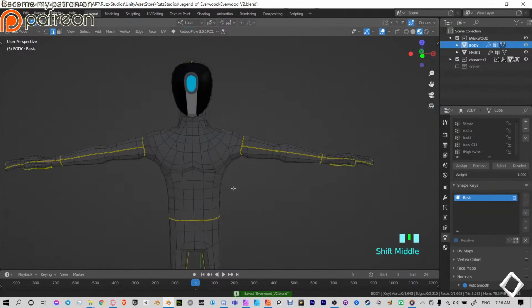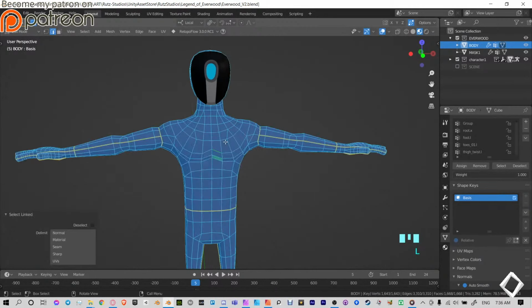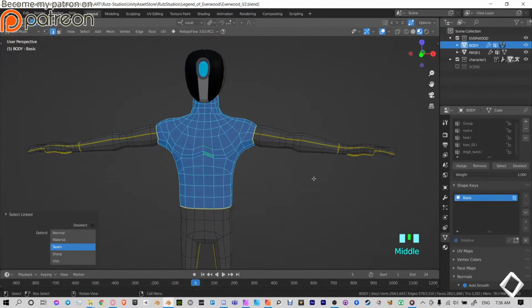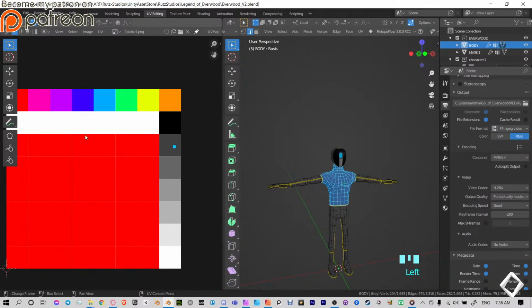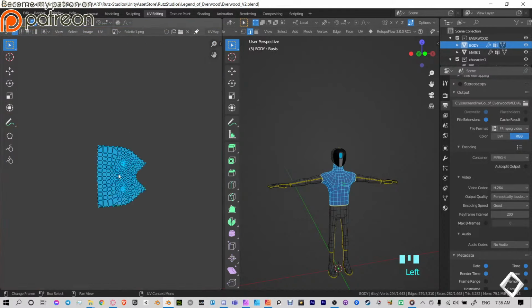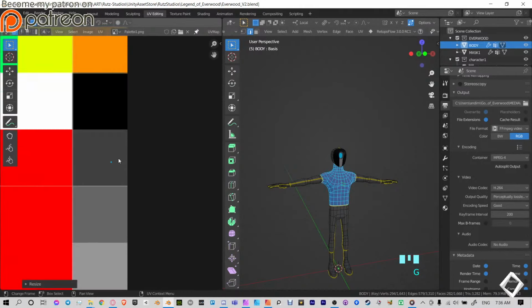Alright, so let's first begin with the chest. What you want to do is hit L, and in your select linked menu here, you want to select seams. And that's why I do the seams. In low poly, most people use a color palette. And if you go to my UV editing, you're gonna see that my torso is here. But I like to actually unwrap it, and then you can just scale to 0 and make a dot and just move that dot around. And this is the common practice for